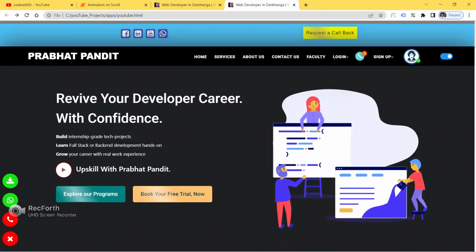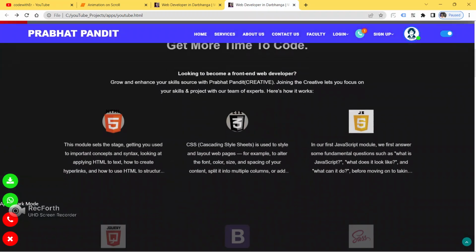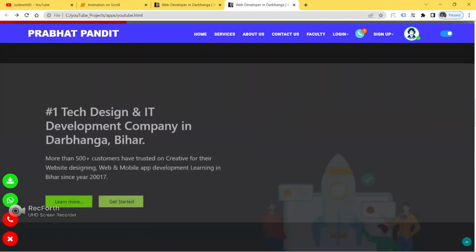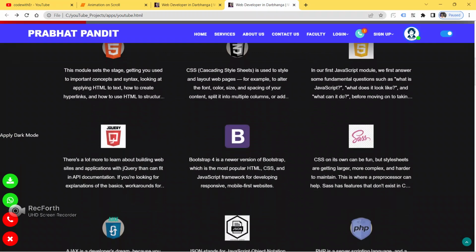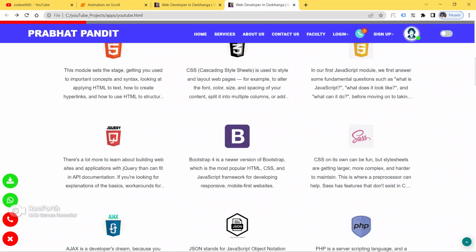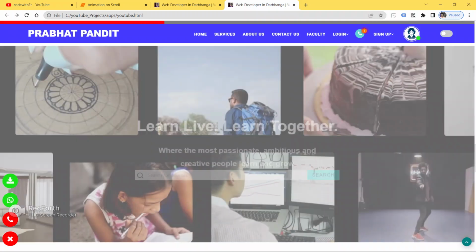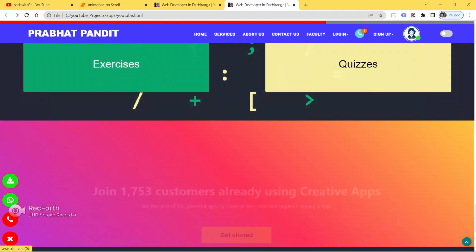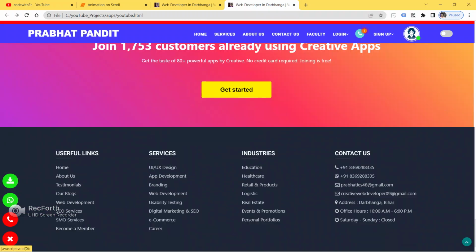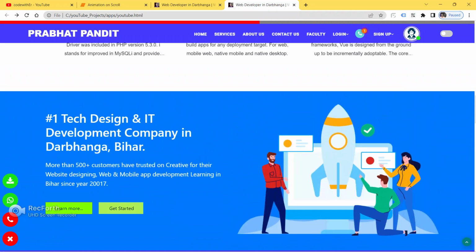So you have to apply the slide anim class on each and every element on which you want to apply this sliding up animating effect, guys. Okay, so remove this dark theme. Done, guys.